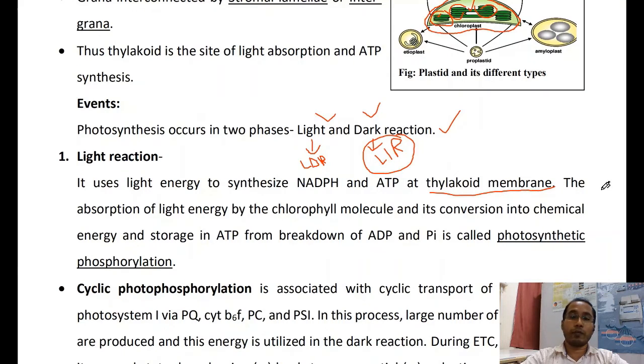The site is the thylakoid membrane. The absorption of light energy by the chlorophyll molecule, its conversion into chemical energy, and the storage of ATP from the breakdown of ADP and Pi is called photosynthetic phosphorylation. What does it mean? It means that in this process, the light energy enters the PS system,